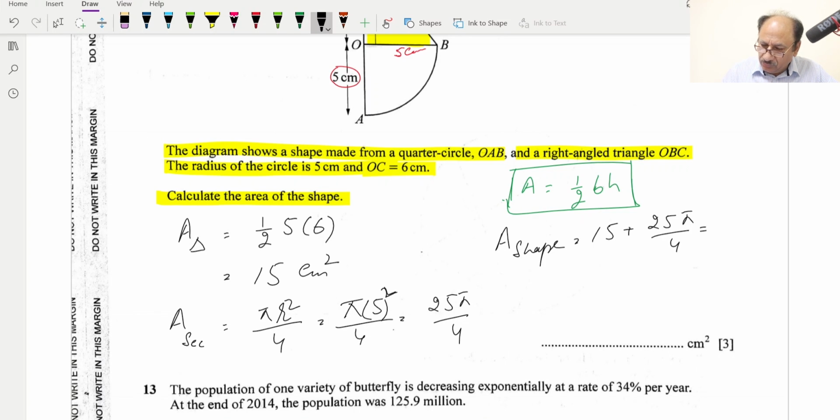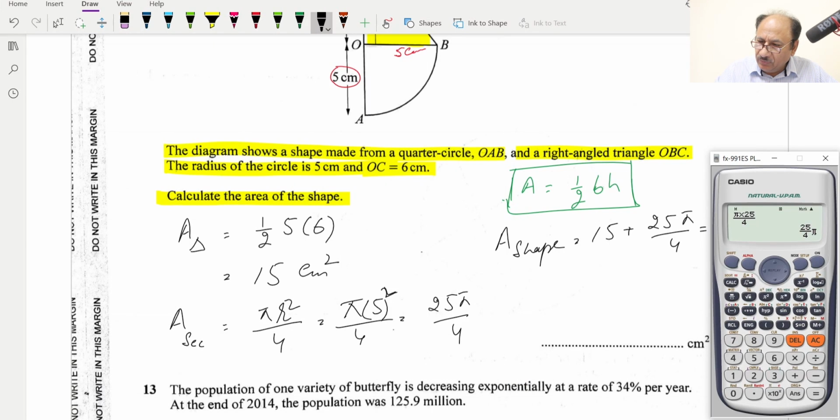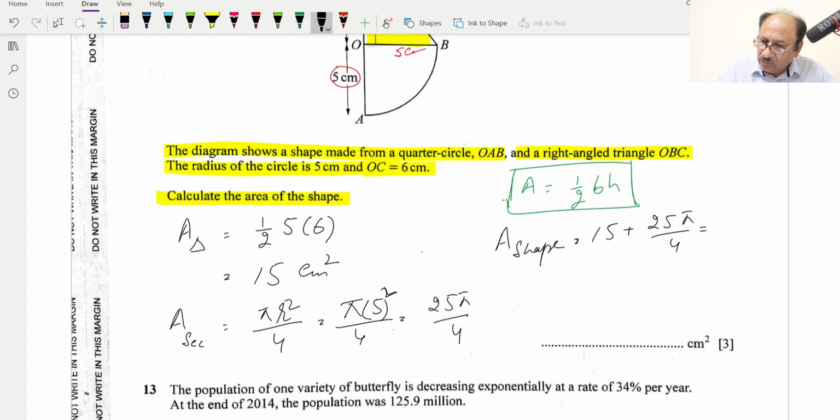This will be equal to what? 25 pi by 4 is already there, so we'll just add 15 in this, and this will be equal to 34.63. So this is equal to 34.63 centimeter square, and this will be our answer for this part,